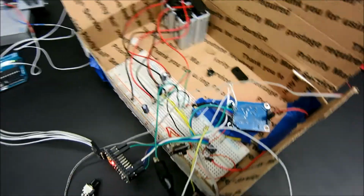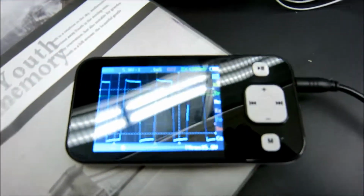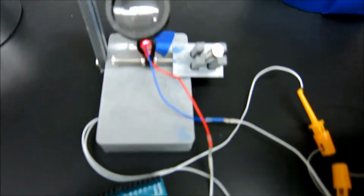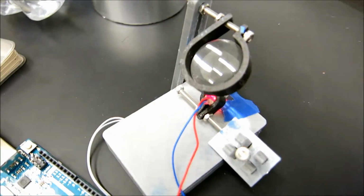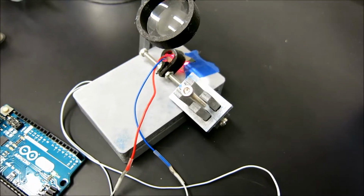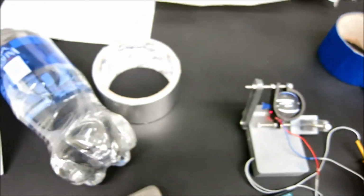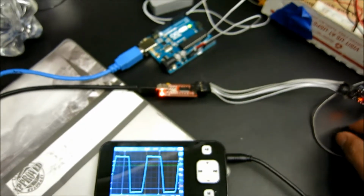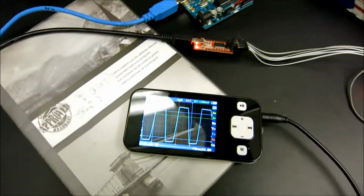Okay, so here we have our circuit setup, and from the oscilloscope we actually can discern the oscillating behaviors. So right here we have our laser setup. It's set up in order to reflect off our piezo that's going to be oscillating. So here, let me flip on the switch, okay, and so we're running it